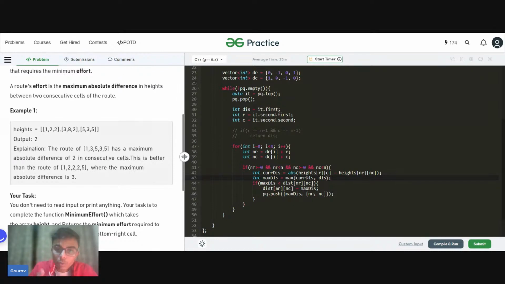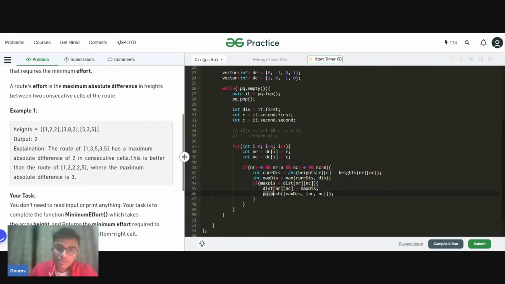Now we have to minimize our effort. So that is the reason we are checking inside our distance array whether the value is greater than what I have. If it is a greater value than what I have presently, in that case I will update it, because I want to minimize my distance. So it means that presently I am inside a path which is giving me a better value of effort, or a lesser value of effort. So in that case I will update my distance array. So this distance matrix got updated with the new value.